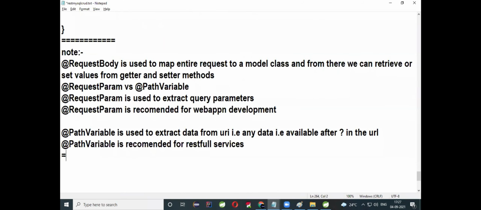Yeah, the application is running successfully. Now open your Postman, click on send. Getting the data. Here you check, you got the response. The response status message you are getting is okay. These are all the data coming from the database: 101, 102, 103. This is the data coming from the database.